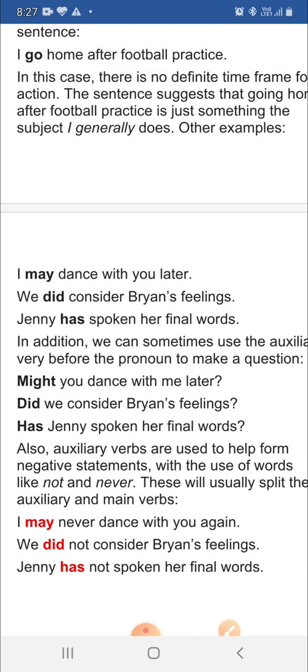We did consider Brian's feeling. Now here did is used to lay emphasis. Emphasis means